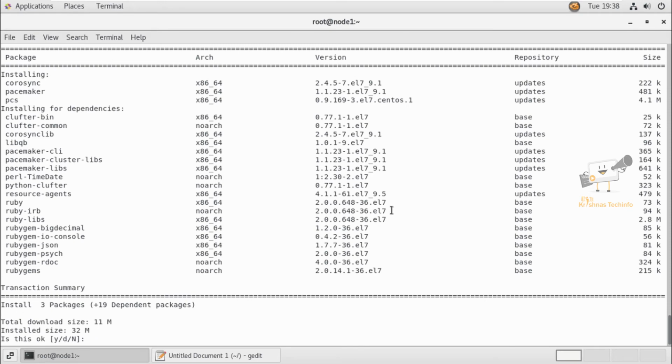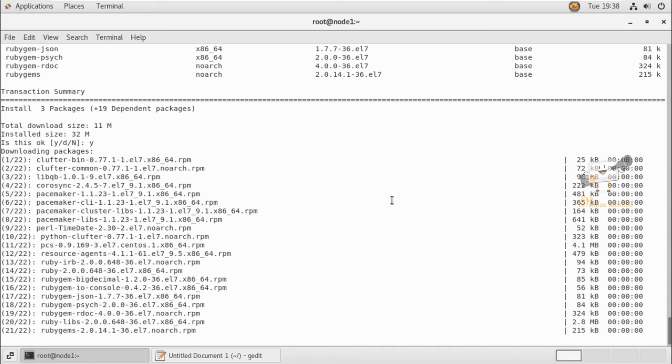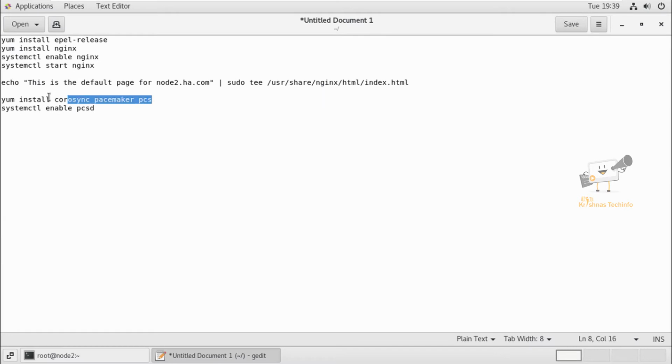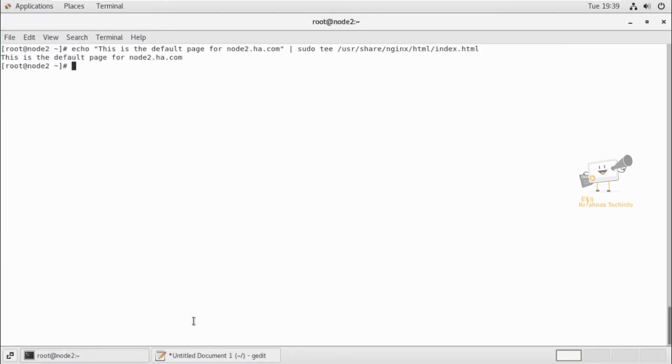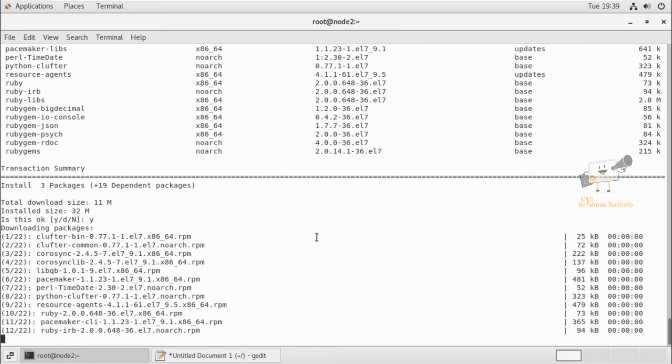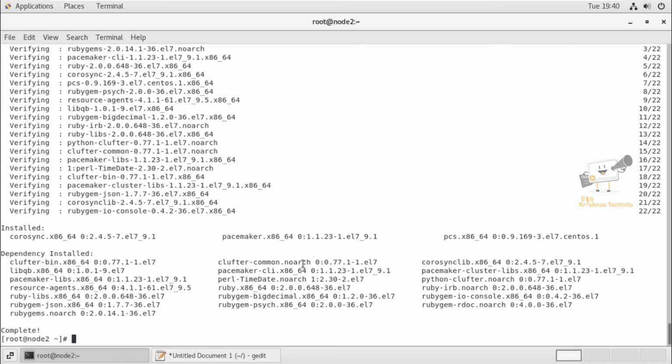Now the packages are successfully installed on node 1, so we can do the same on node 2. I'm going to install the Corosync, Pacemaker and PCS packages on the node 2 server and press enter. Now the packages are installed on both servers.